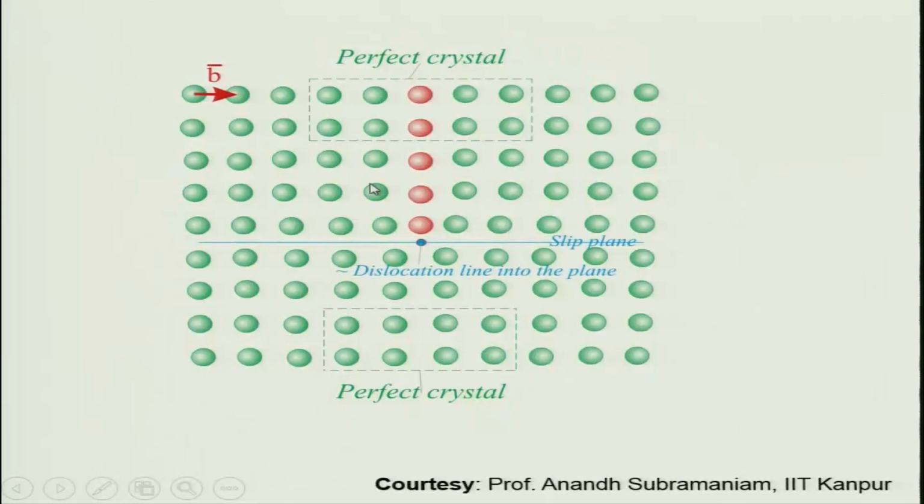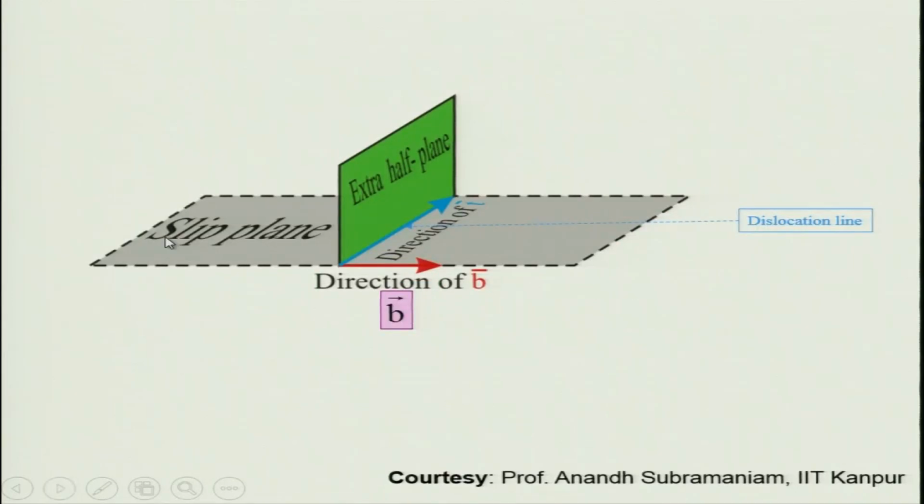And so, this is a perfect crystal that we defined. In the otherwise perfect crystal, you have this extra row of atoms which has been put, and this extra row of atoms is going to move in this direction or in the other direction, and the extra step that we created is the Burgers vector b. The plane on which this extra plane of atoms will move can be visualized in this fashion. So, you have a slip plane. In the slip plane, this extra half plane will move either to the left or the right depending upon the stress, and the line adjoining this extra half plane and the slip plane is the slip line.